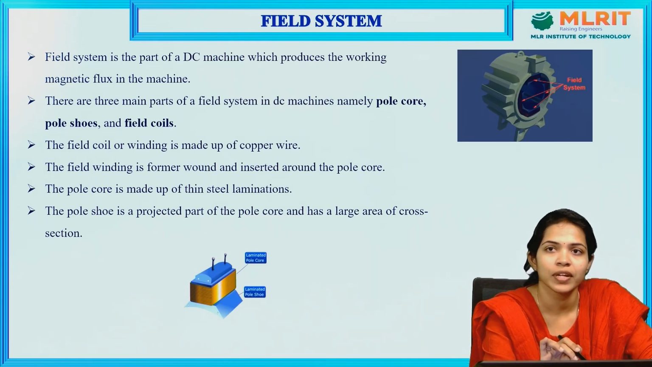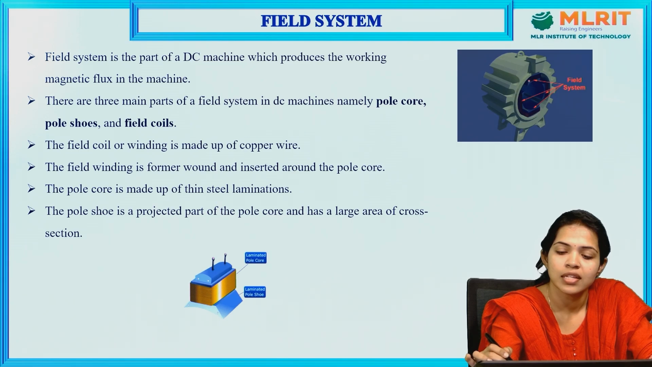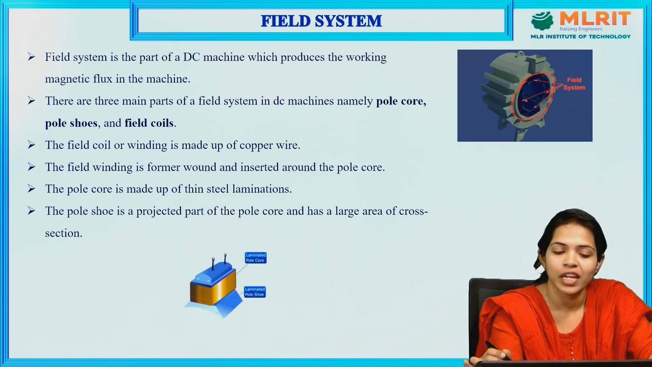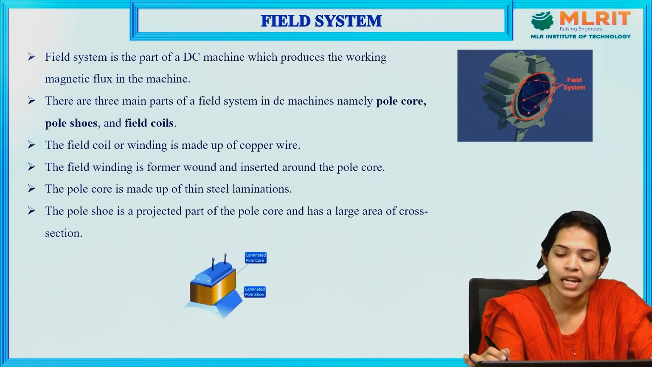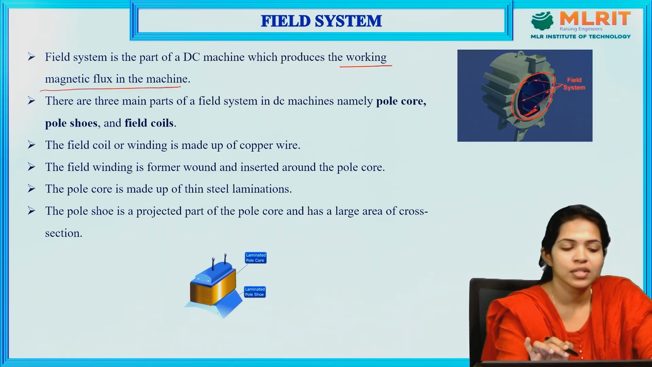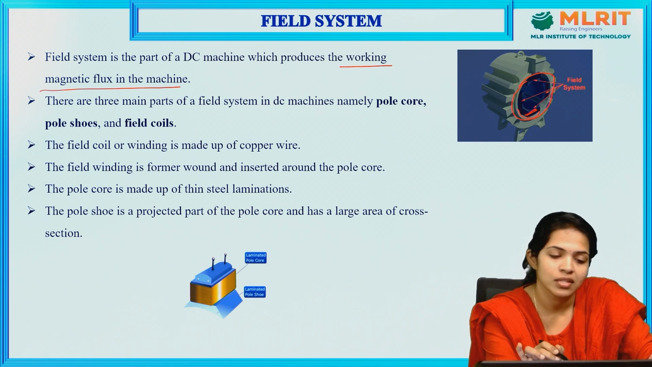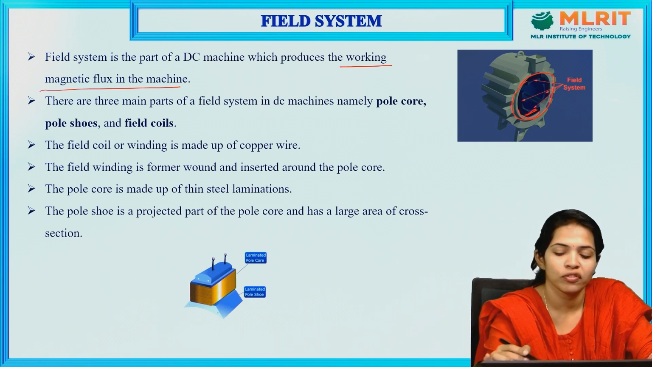Next comes the field system. The field system is housed in the outer frame, that is nothing but the yoke. In the field system, we can see the electromagnets upon which your field winding is wound. This main field system provides the working magnetic flux in the DC machine, which is again responsible for production of EMF